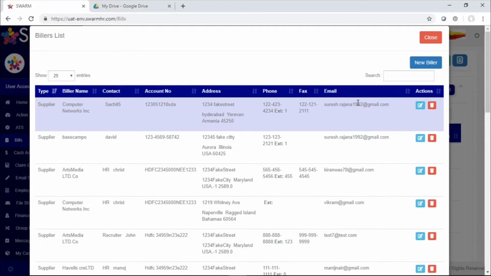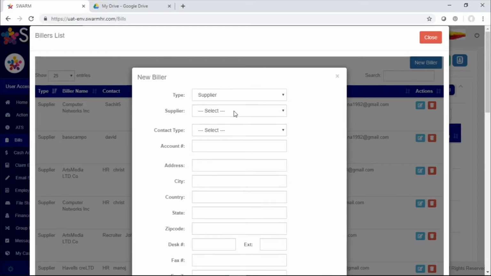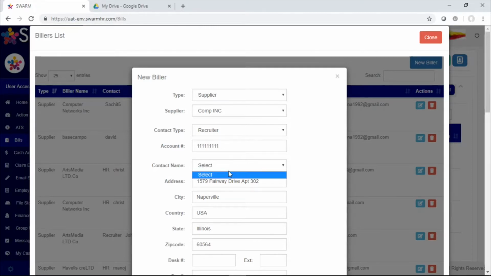The company name will be in the front where the biller name will be, and we can create a new biller by hitting the blue button right there. You can select a type, whether they're a supplier or something else, and again, through the supplier function, you should be able to select a supplier. You can select a contact type, their account number, which we're going to put in a fake account number because this is a test. You can choose a contact name,